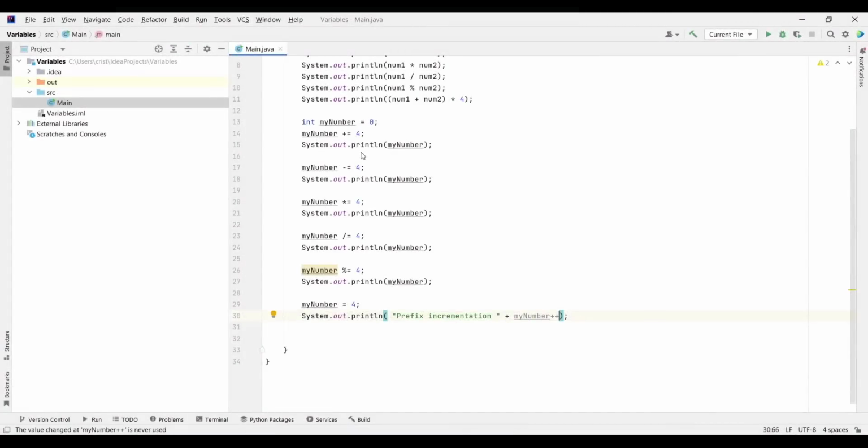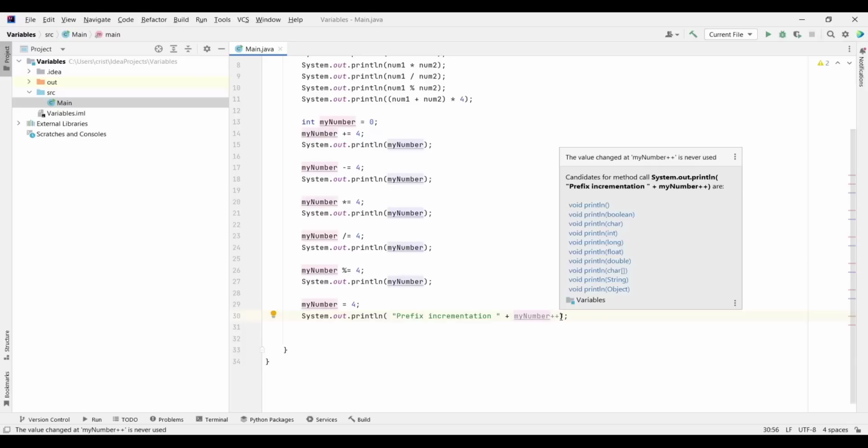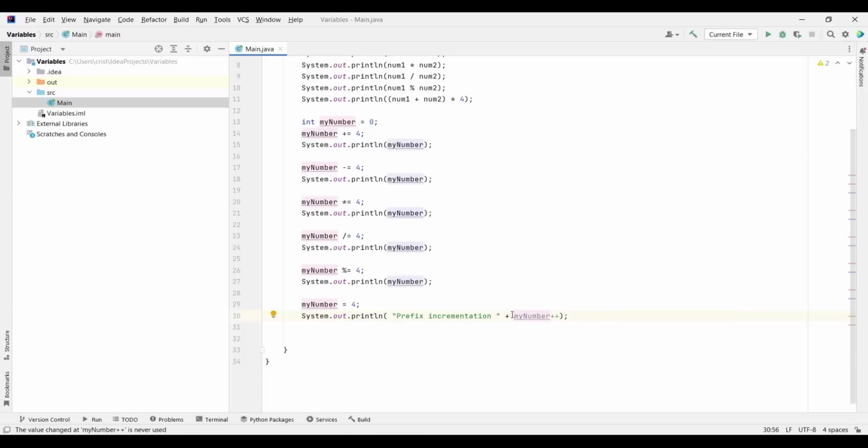So before I end the video, let's clarify something, because I made a mistake when I typed this code. Here it says prefix incrementation, but here we have postfix, we have the incrementation at the end. To be prefix, it should be at the start. So this is the first mistake. And the second mistake is that when I introduced the prefix decrementation, I didn't change the text to prefix decrementation. I kept the text incrementation, not the decrementation. So decrementation.